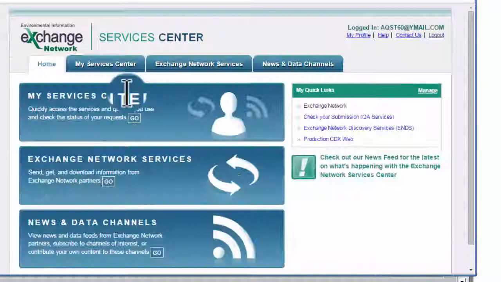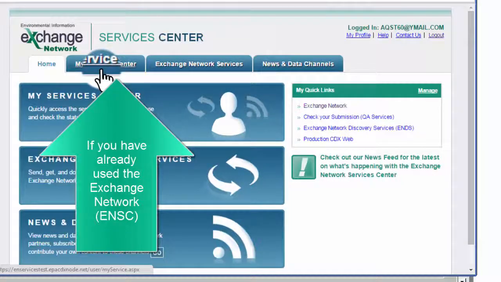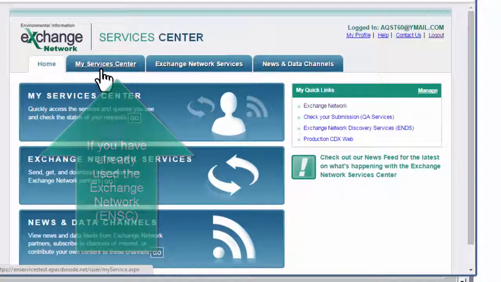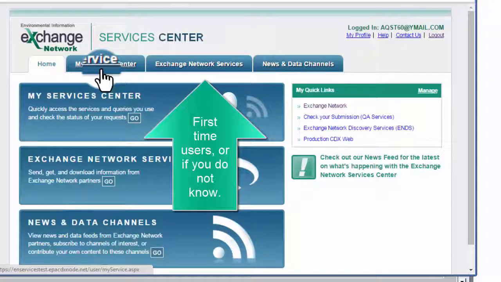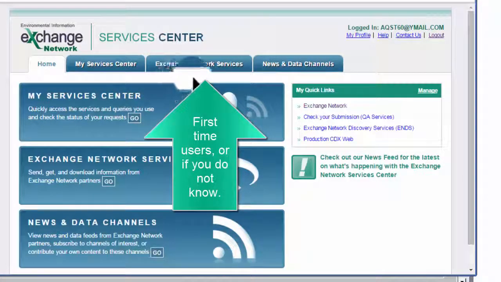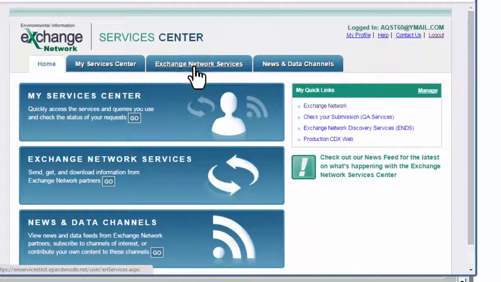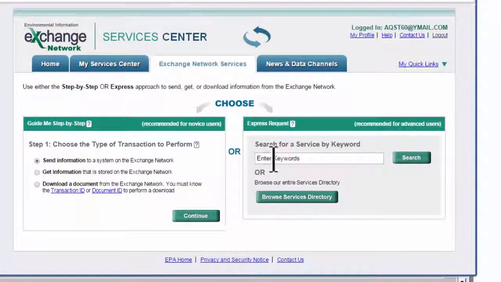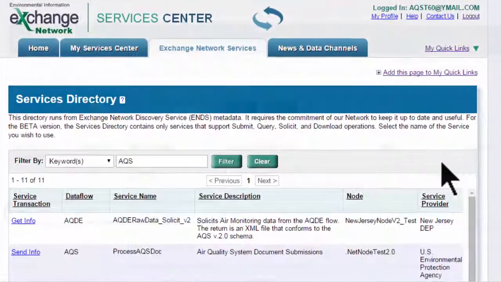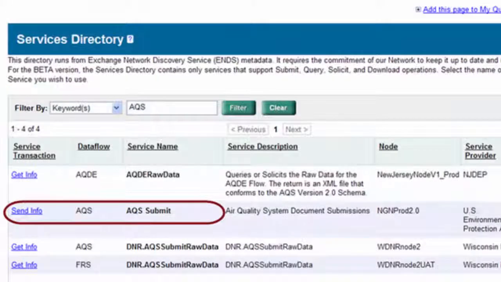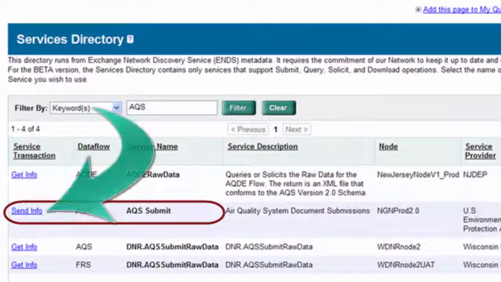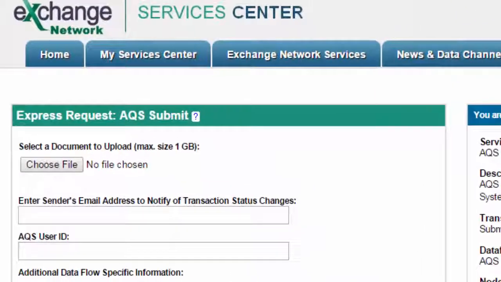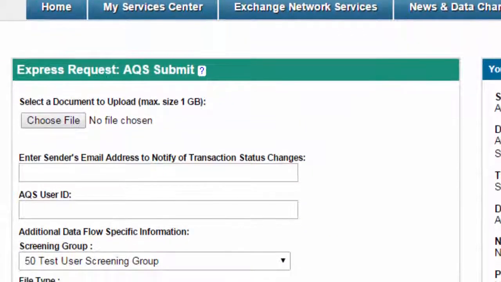If you've already loaded data in AQS, you can go to My Services Center. If this is the first time you've loaded data through the Exchange Network into AQS, you go to the Exchange Network Services tab and then just search for AQS in this right panel. Click Search, and it will come up with Submit AQS Data. So click on Send Info for AQS Submit, and then that opens up this panel where you can upload a